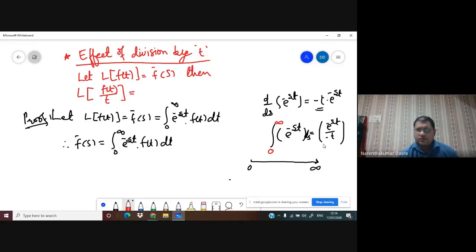Okay, so if I put s equal to 0, then I'll have a constant term. If I put infinity, then this will vanish. So at infinity this is going to be 0, but at 0 it is going to be a constant term. And if it is a constant term, that means s will vanish from here. So this integral will no longer be a function of s. That's why 0 and infinity is not a good choice.